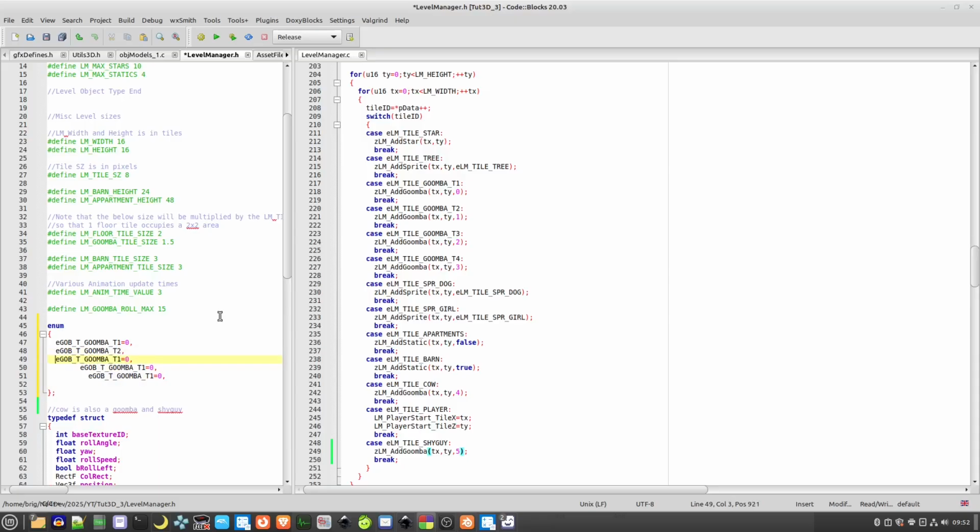This is just for yourself really, to make things look a bit tidier. So the first couple of types are the Gumbas. The next one is a cow, and then the next one is our Shy Guy. So that one should be 5. Yep, so